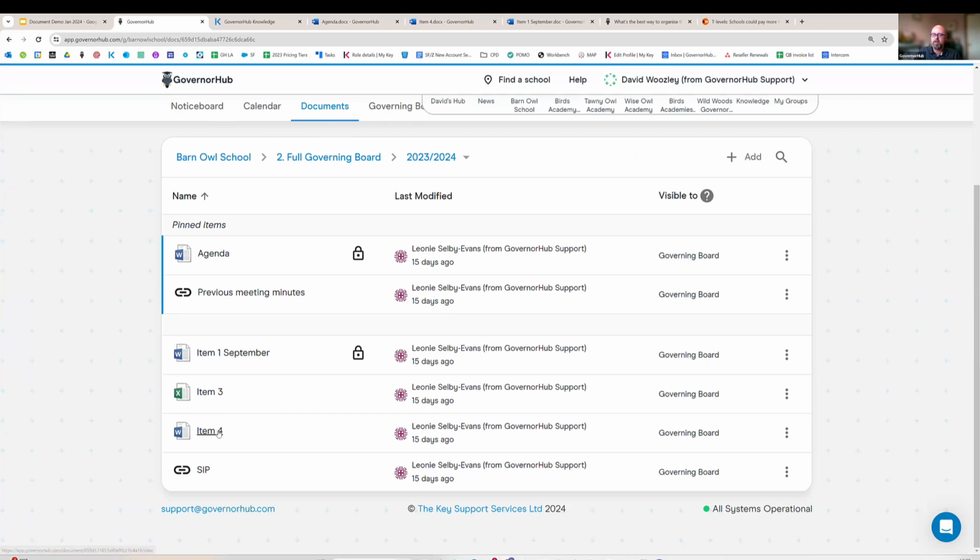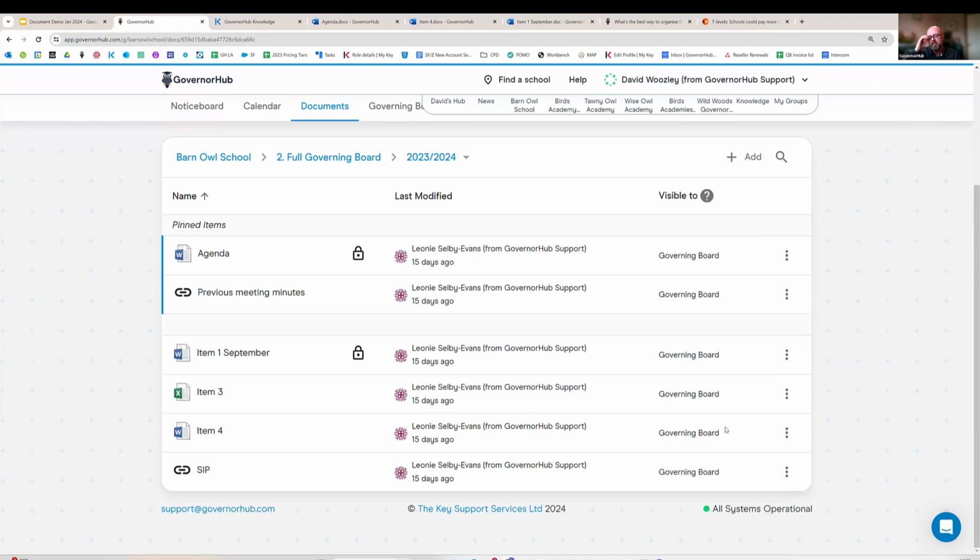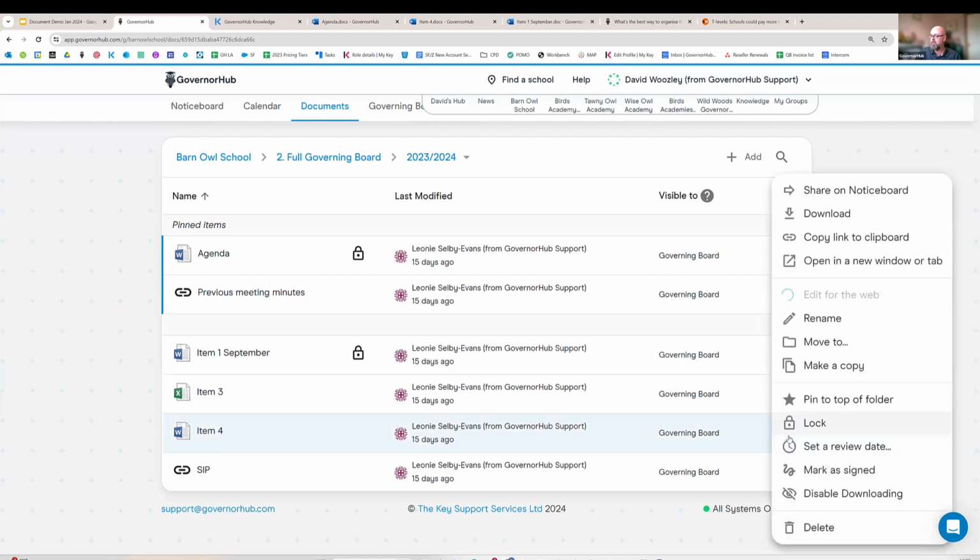Let's say item 4 here is something that everyone needs to read and agree on. Most sensible way to do that would be to share on the notice board, as we've already discussed. And then once your governors have looked at this and read it, they can leave a comment on the notice board. They can create a dialogue around it. And if they need to make a signature to say they agree with that and have signed it off, what they can do is click through to find the item in the document area itself. And again, from this right-hand menu, they've got an option here called Mark as Signed. So if we click on that,